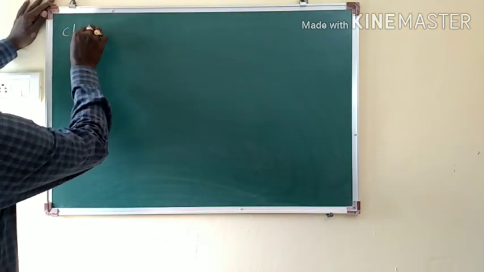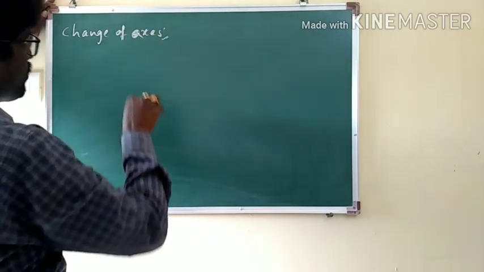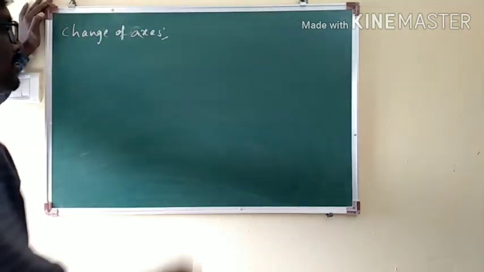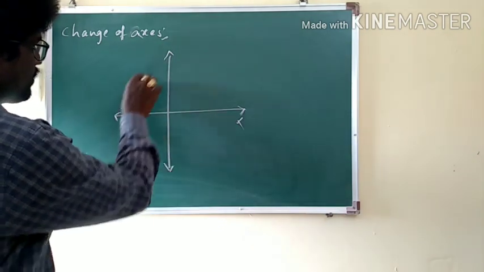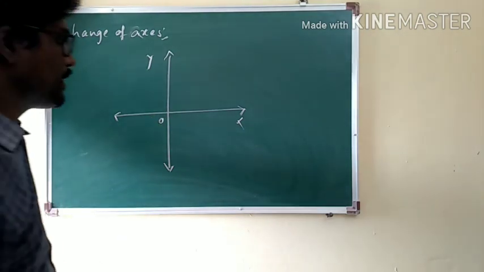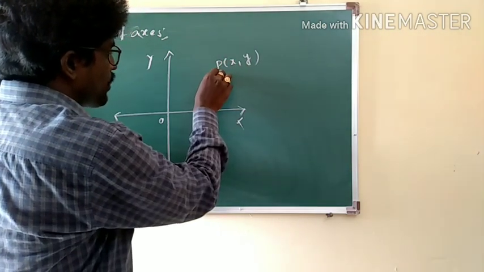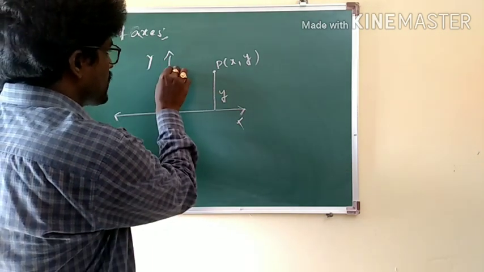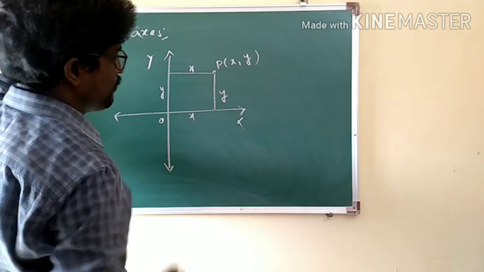When it comes to change of axis, generally this concept is not so difficult but a little logical. You should be very careful. Generally, we have been talking about the coordinate axis, with the mutually perpendicular lines x-axis and y-axis. What we have been discussing from the beginning: if there is some point P(x, y) in the coordinate plane, the distance from the x-axis to the point P is said to be y, and the distance from the y-axis to the point P is said to be x. This is y and this is also x of length.